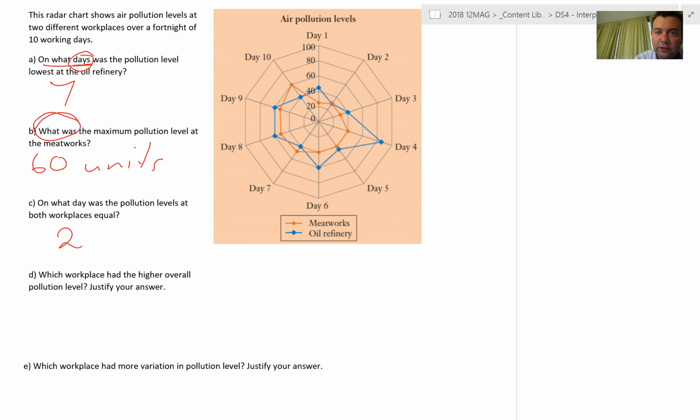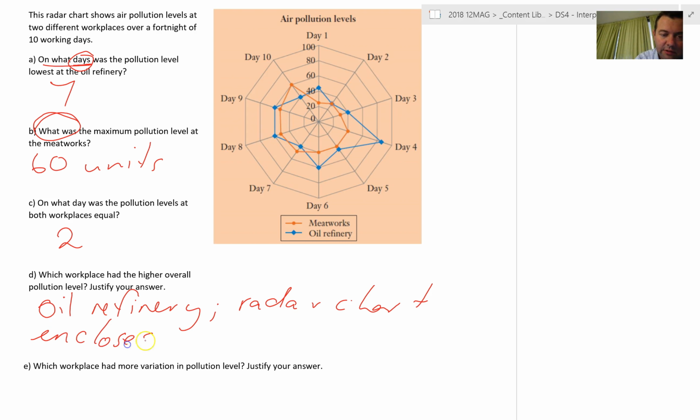Higher overall pollution level? Oil refinery. Radar chart encloses a greater area, which had more variation. From lowest to highest, I reckon. Yeah, the oil refinery again. Oil refinery